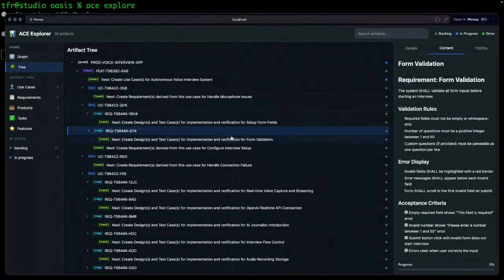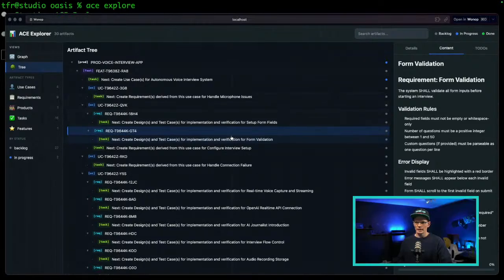One of the really cool things we're doing here is that by doing it this way, we're getting a very, very hierarchical approach to how we're building out our software, right? So we start with this product, we then have a feature, and under the feature, we have a number of use cases. For each use case, we have a bunch of requirements. For each requirement, we have a validation criteria, we have some associated tasks, and now we can just take these ones one by one. And every time we pick one, it's super easy to construct the context that we need to work with, because what we're doing is we're taking that one, just asking, well, who's the parent? Who are the siblings of the parent? Who are the children of the parent?